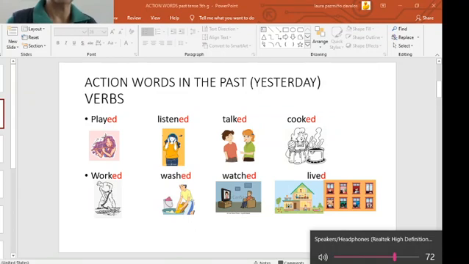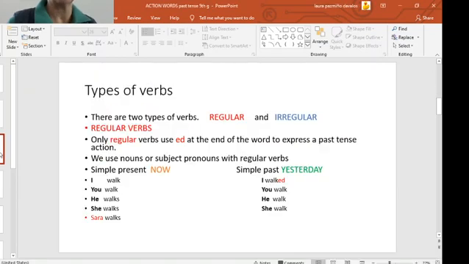Okay. So, now let's take a look at this information now. Now we're ready. There are two types of verbs, los regular and irregular. Los irregular son, like I told you before, complicated. But these are nice too. So let's start working with the regular verbs. Yeah, only